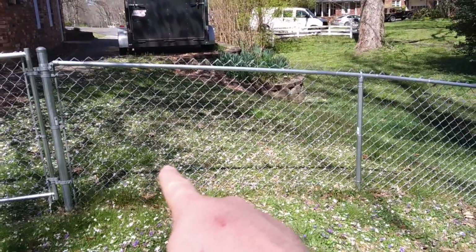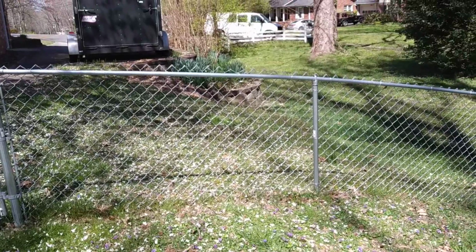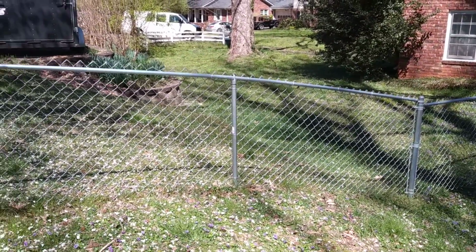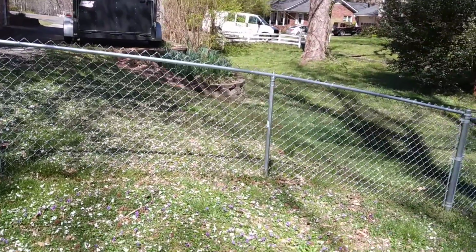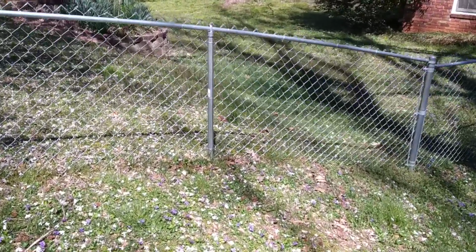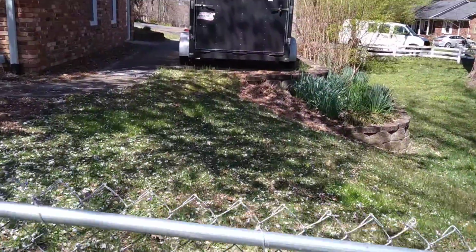So what we're going to do is actually take out this panel. Hopefully we don't have to pull this stake. But if we do have to pull this stake, not the end of the world. We could take out this whole panel. I don't see why we would, because it's so sloped, I think it'd be hard to drive heavy equipment across it right there. And then what they're going to do